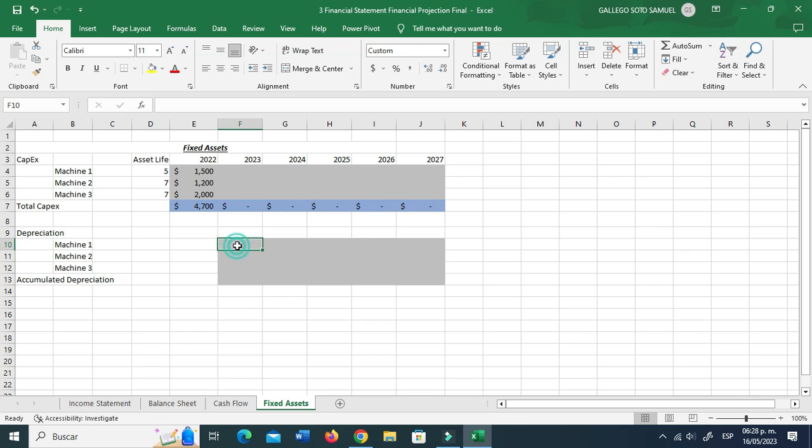All right, so now the depreciation of the machine, that's going to be this value divided by that one. We're going to press F4 to lock D. I mean, you press it 3 times to lock the D4, and you drag it down 2 more spaces, and then